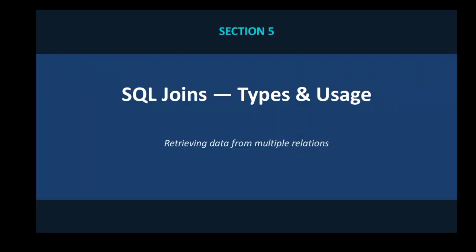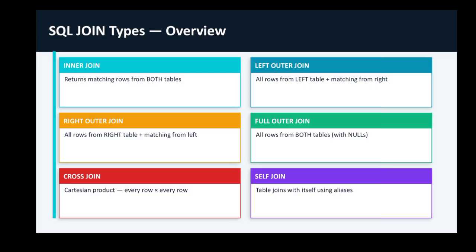We now look at how SQL retrieves data from multiple related tables using joins. SQL supports 6 primary join types. Inner join returns only the rows where there is a match in both tables. Left outer join returns all rows from the left table and matching rows from the right. Unmatched